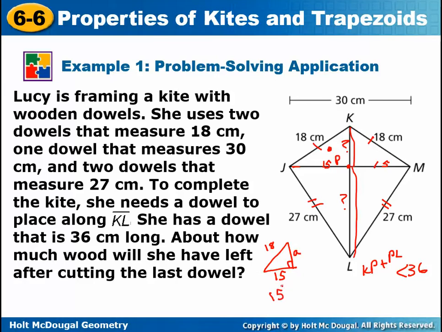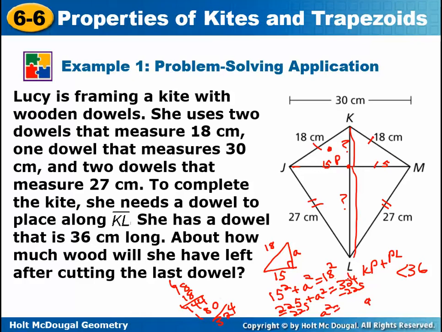So I could go 15 squared, leg squared, plus the other leg squared is going to be equal to 18 squared. 15 squared is 225. 18 squared is 324. That's equal to 324. And then we'll subtract 225 from both sides, and we'll get A squared equals